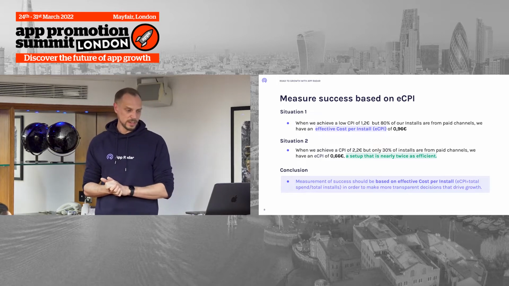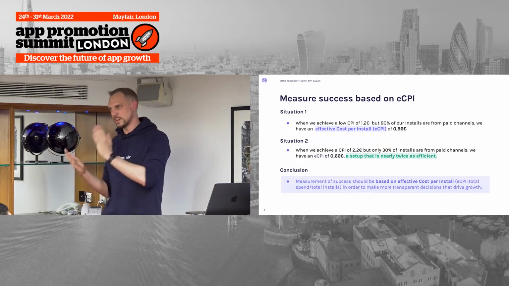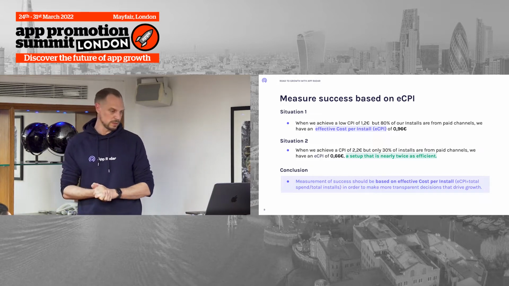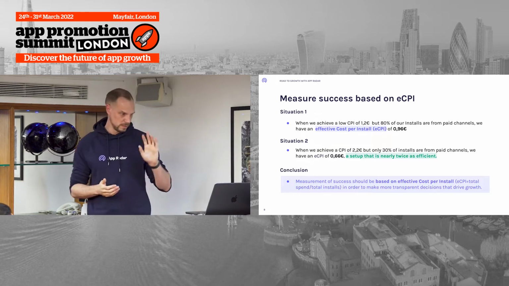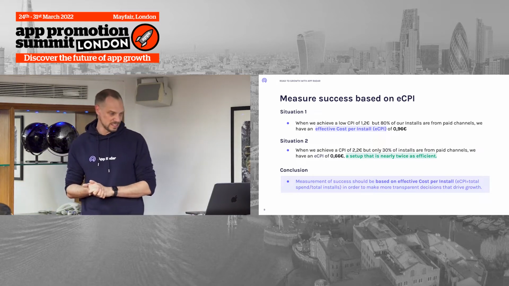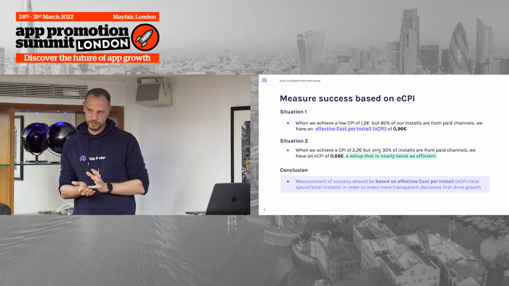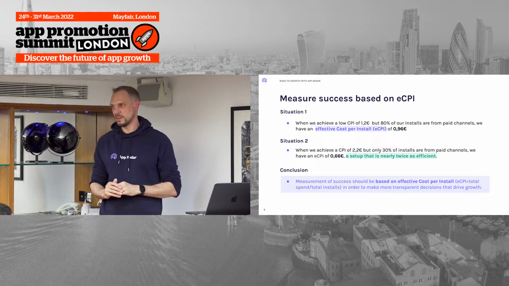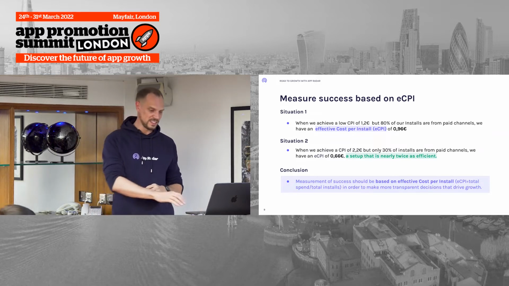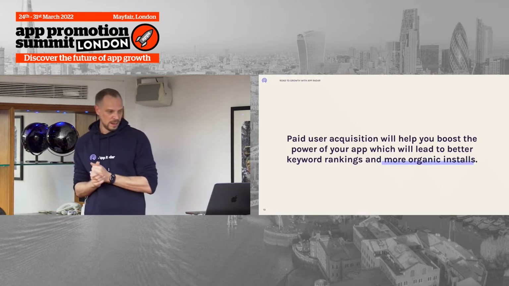But the thing is, we're getting 30% of the installs through the paid user acquisition channels, while on the other hand, 70% through organic user acquisition. We will end up at an effective CPI of 0.66 euros, which means the setup is nearly twice as efficient. And I think this is really the core topic here in the background, and why looking at an effective CPI is a very important thing that you should do.